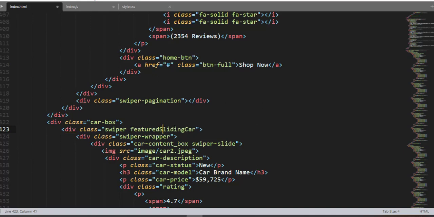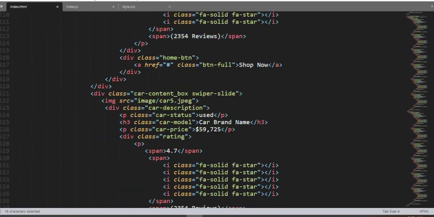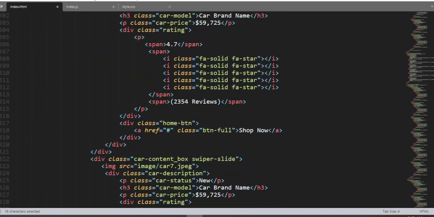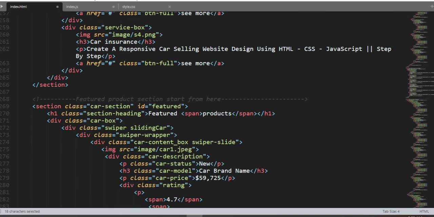Let me say featured sliding car. So now copy this class selector right here, and again come over here and paste right here. We have two div elements having a class name featured sliding car,